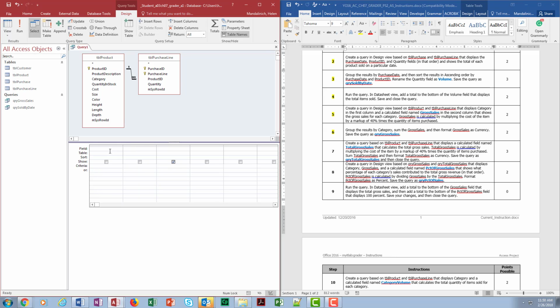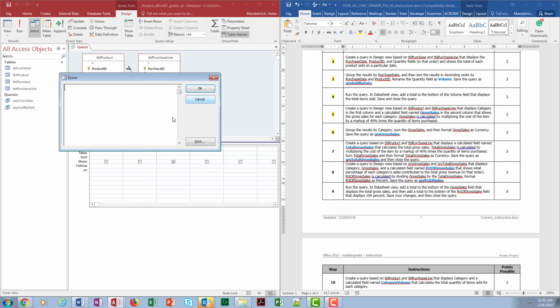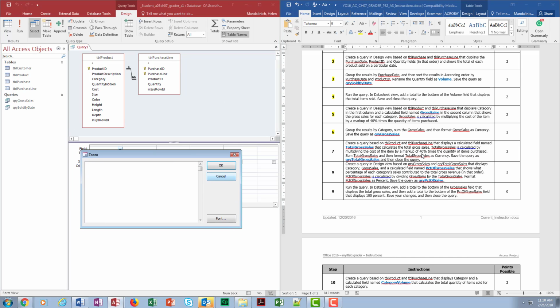So I'm going to zoom so I can get this, and let's read. Okay, total gross sales. So that's going to be the name. Total gross sales colon is calculated by multiplying the cost of the item by a markup of 40%. We know how to do that, right? So it's really the same formula that we just did, right? So that would be cost times 1.4 times quantity,